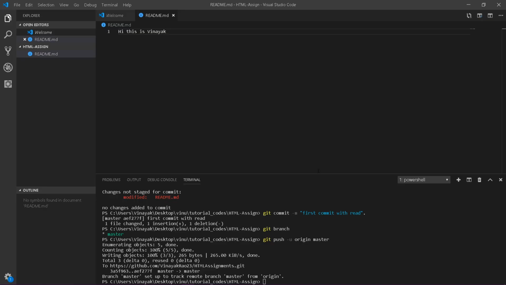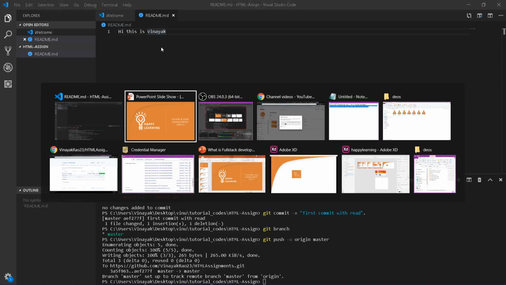I have already committed this. This is Vinayak. I just want any one of you, or maybe all of you, to change that text to your name. For example, I'll take one name: Anirudh. He's going to use this Git repository, take it as a feature branch, and commit back so that I'll get a notification to merge with my code. How can I do it? It's quite easy guys, so never worry about that.